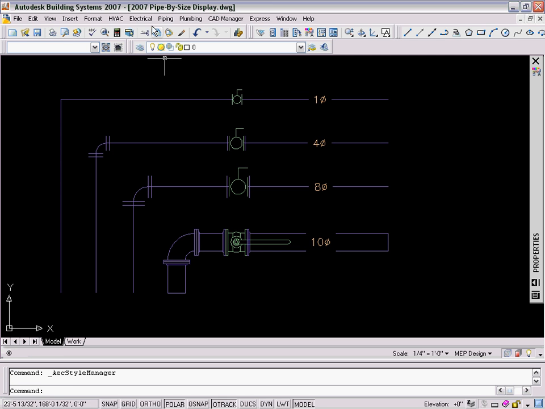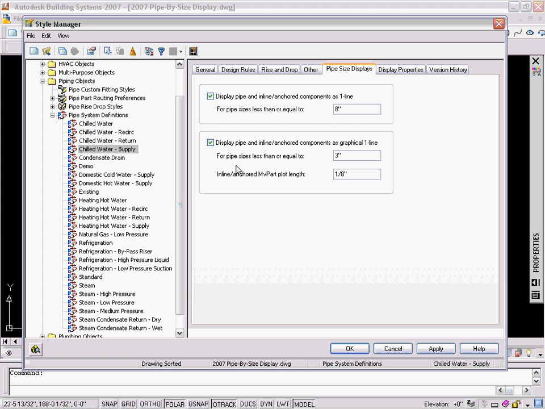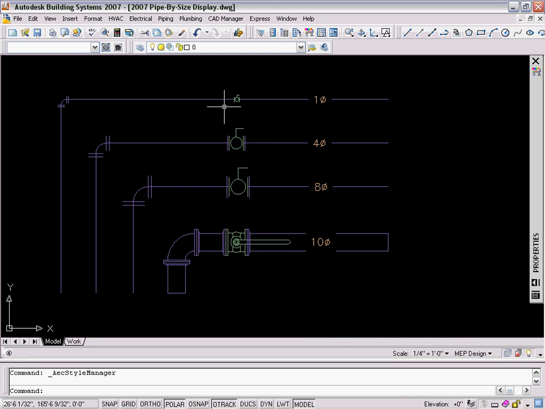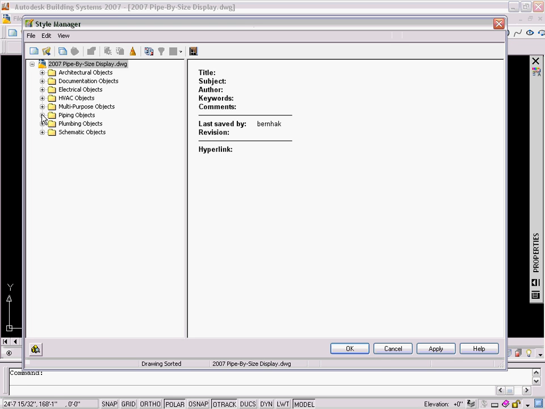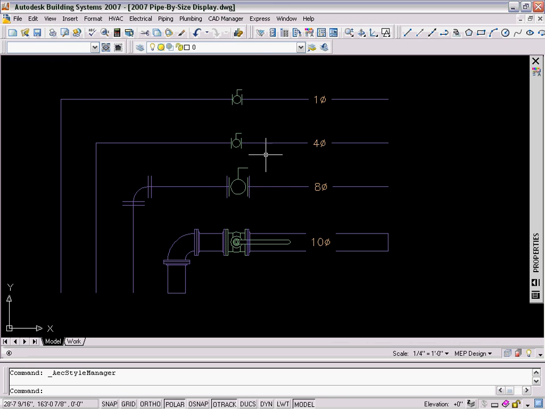And this is illustrated if we turn off the threshold here in our pipe system definition. We're going to completely turn off graphical display, and you'll see that this symbol became even smaller, so small that most likely it's going to plot out as just a blob. So that's the reason why that graphical threshold is in place. So if we go ahead and reinstate the threshold here, and we set it to 4 inches so that we have two examples of the graphical,